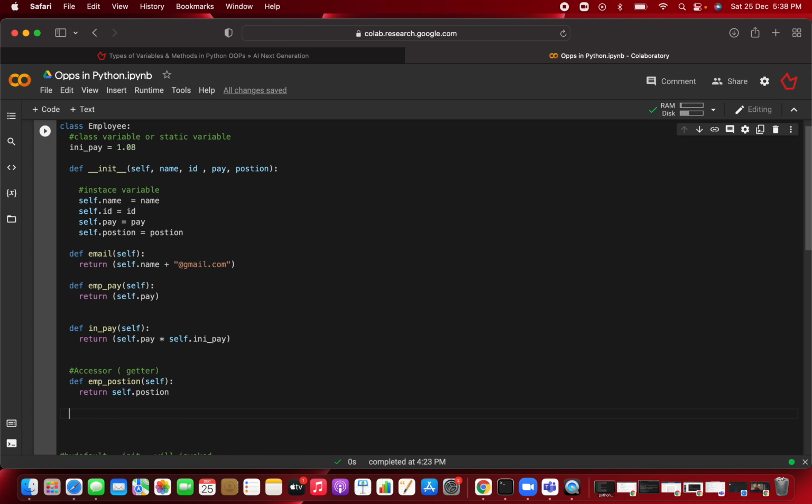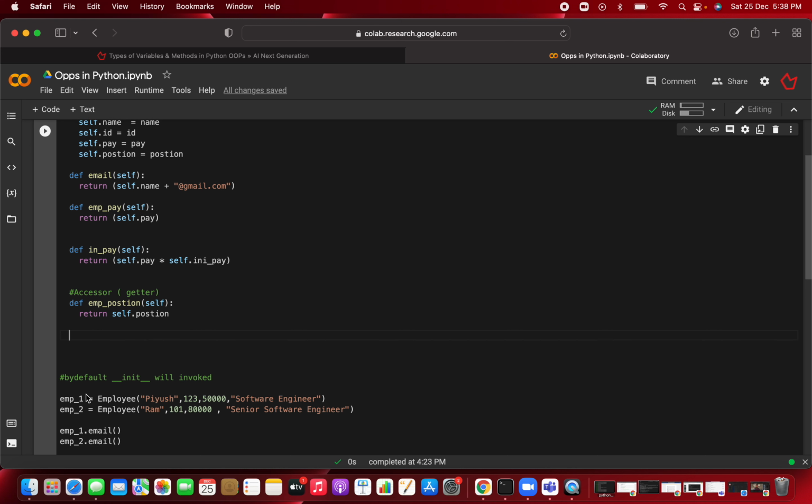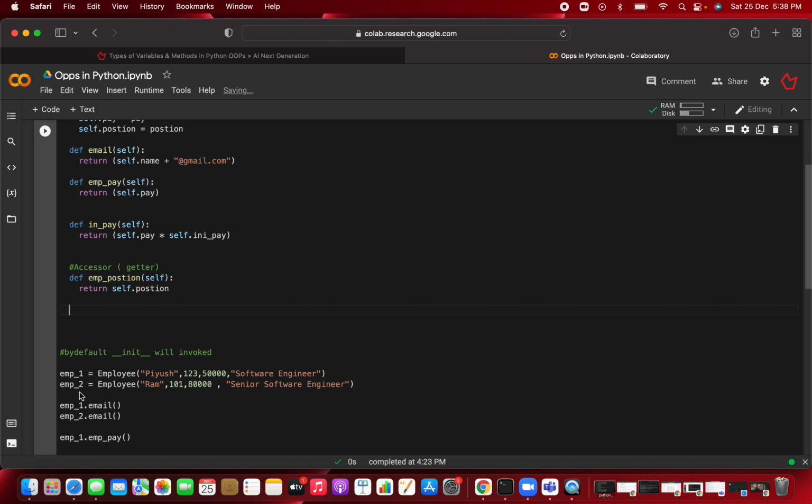Clear? This is the accessor, meaning whenever you call this method for the current employee 1, it will return software engineer, and for the current employee 2, it will return senior software engineer. You are just accessing, that's it, you are just getting that particular value. But whenever you want to set your position, whenever your position has shifted to somewhere senior, like senior software engineer or manager roles, and you are changing your position, for that you have to write a setter, that is a mutator, okay, mutator, and it is also called a setter. Clear?